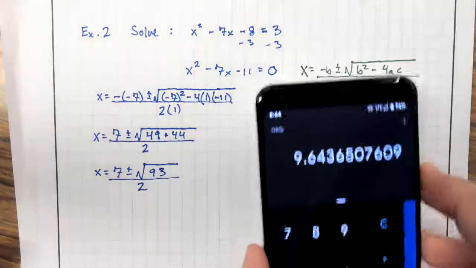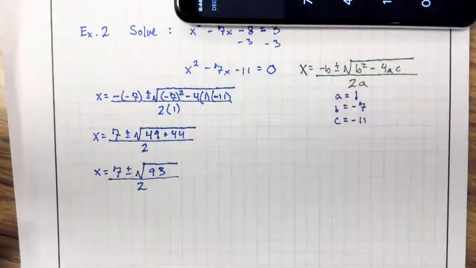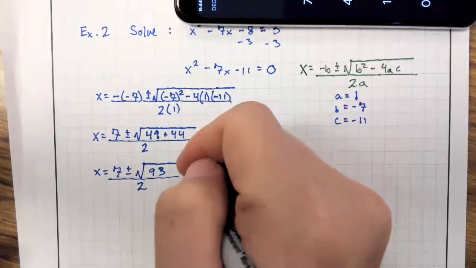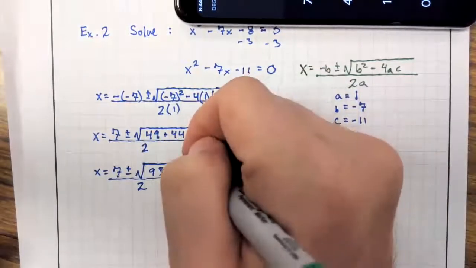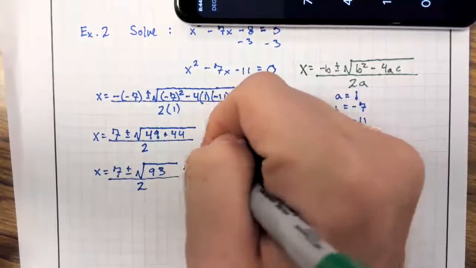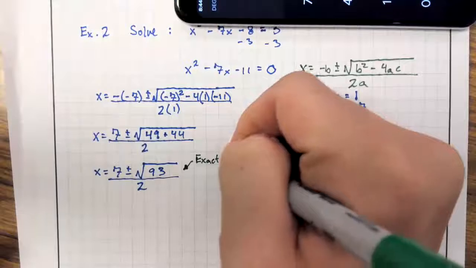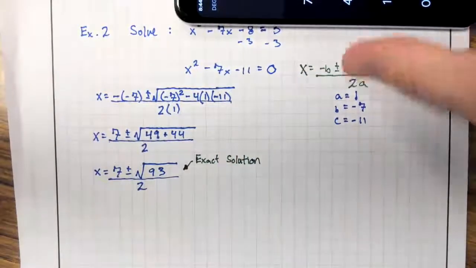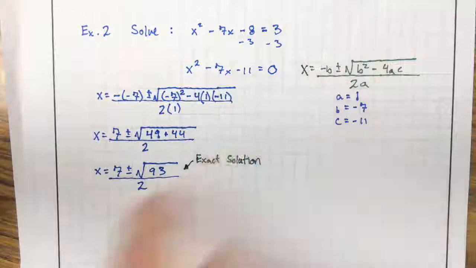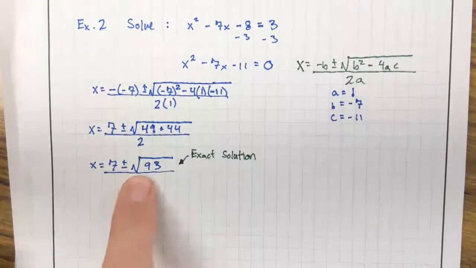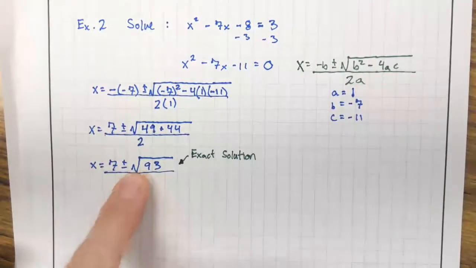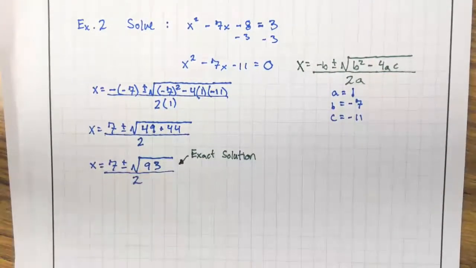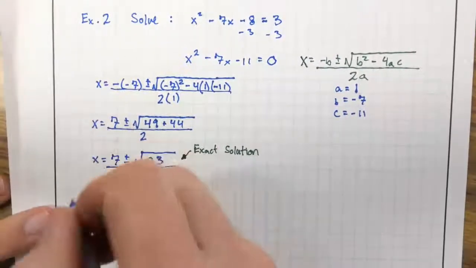So if you're ever asked to give the exact solution, this would be it. This is the exact solution right here. We're going to approximate, though, and get decimal values to make it kind of easier to interpret. It's hard to tell if you read this, what are the actual solutions. So we're going to go ahead and do the decimal approximation and get a better idea of where our x-intercepts actually are. So x is equal to